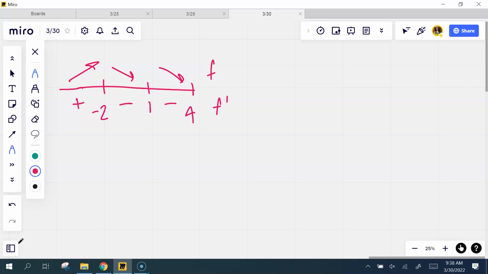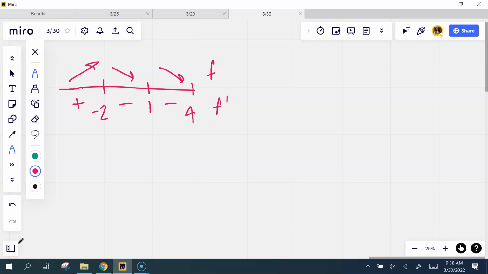And here's one thing to note. When they're asking you for reasoning, and I make this mistake a lot, make sure you use what's given as your reasoning. Like, don't say, when we get to concavity, because the second derivative, or if I'm looking at maxes and mins, because the function. Don't do that. Use what they gave you. So they gave you the first derivative. So because the first derivative changes from,